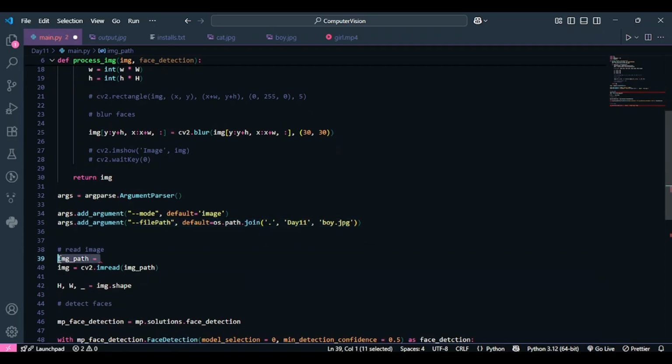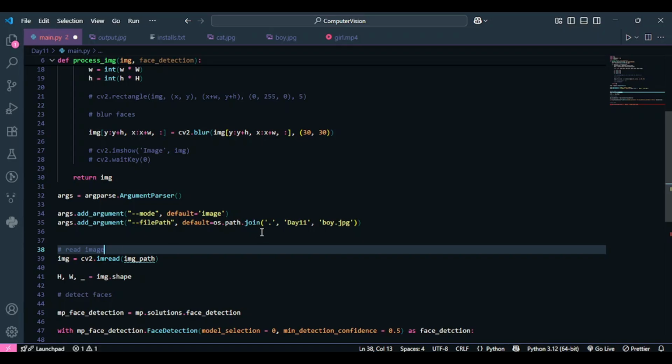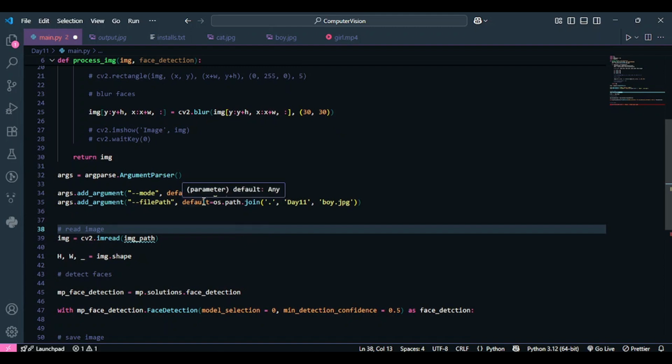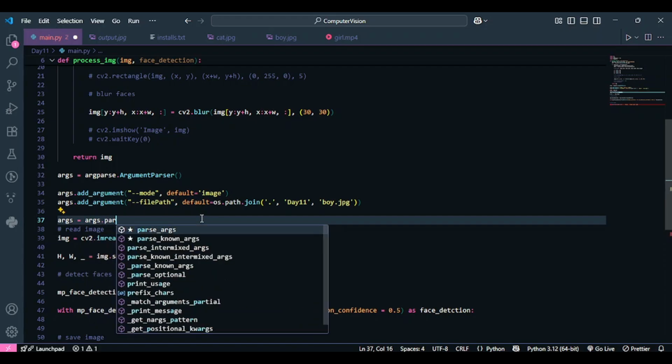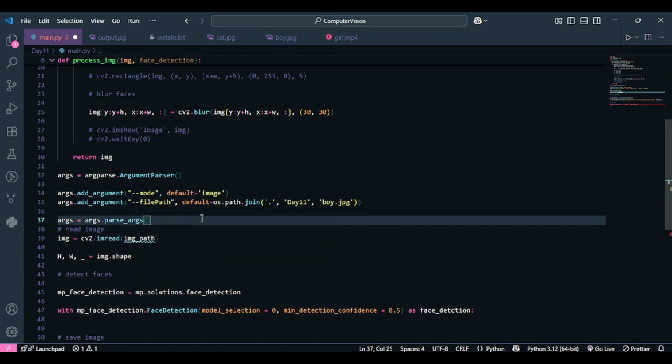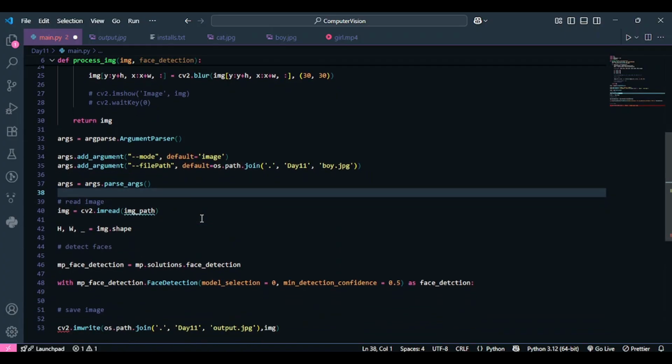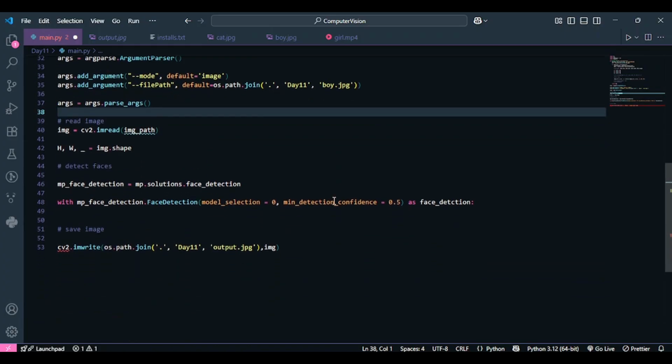So I now don't need this image path variable because I'm directly passing my path over here. Okay, I don't need a separate variable to do that. So these are the two arguments that I have. What I'm going to do is write another statement over here, which is args = args.parse_args().